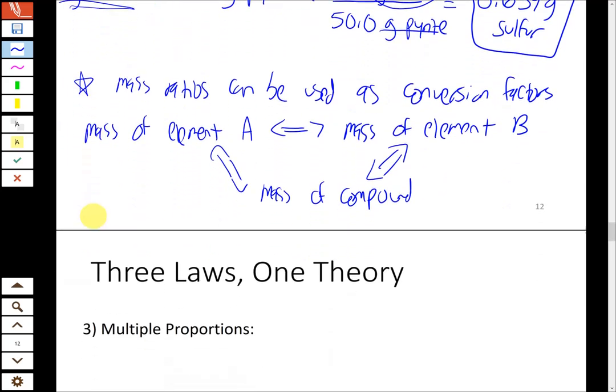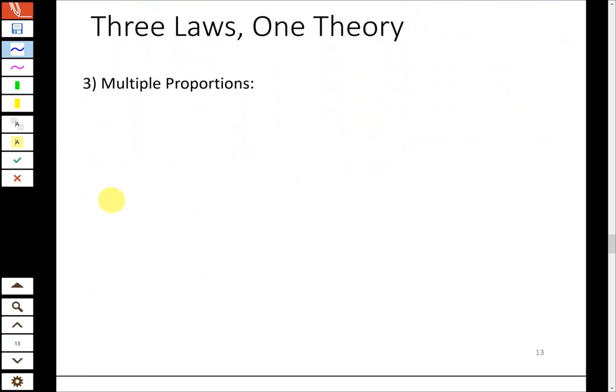Okay, so then the last mass law we want to cover. This is conceptually the most difficult, I would have to say. It's called the law of multiple proportions. So the key difference between the law of definite composition, which we just learned, or the law of definite proportions as it's sometimes called, and the law of multiple proportions, which is the third mass law,